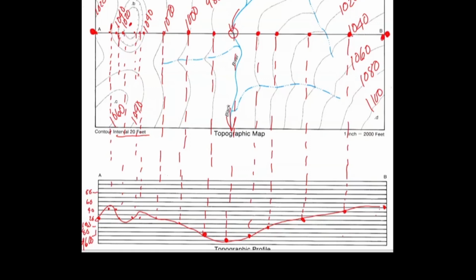There's a topographic profile. There is another way to construct this, and that would be to lay a piece of paper across your map from A to B and make little marks on your paper with the correct elevation, and then slide that paper down to your profile grid and transfer the information that way. A little more accurate and a little bit neater. Hope this helps.